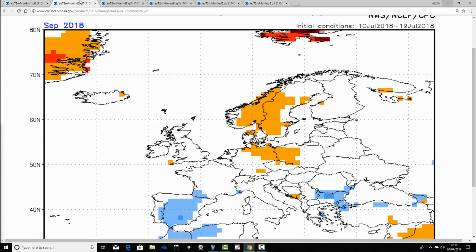So I think it's still going broadly for a warmer than average or hotter than average month across much of Northern Europe, UK included, in August. September looks like that's much closer to average. So we have got a little bit warmer than average for Scandinavia and down into parts of northern Germany and